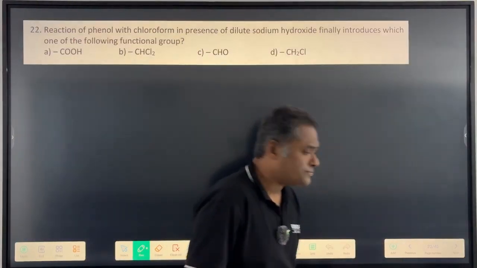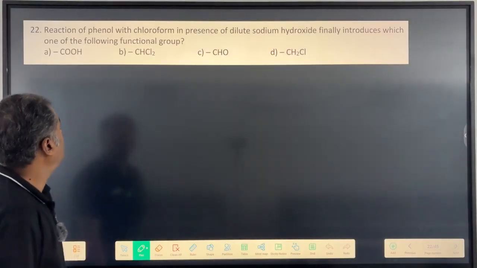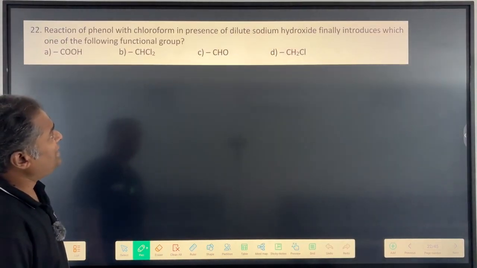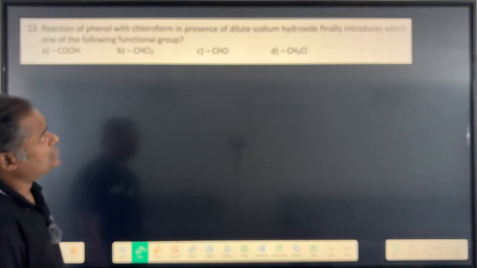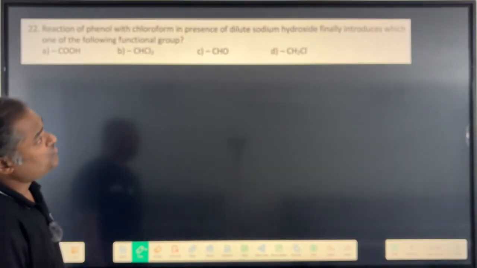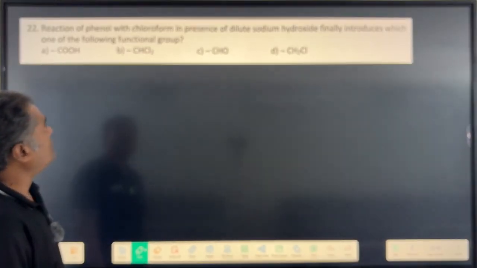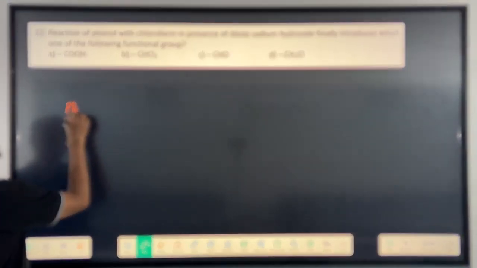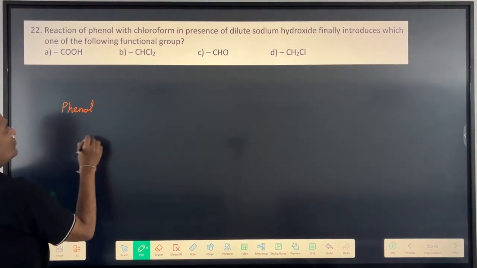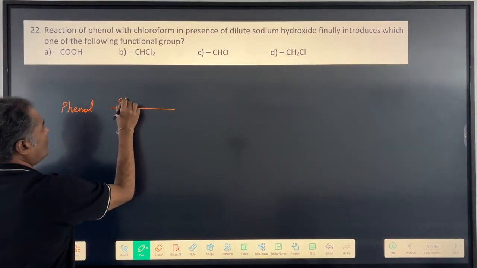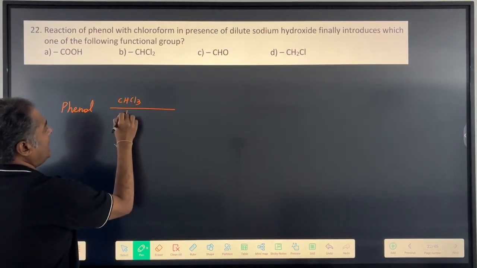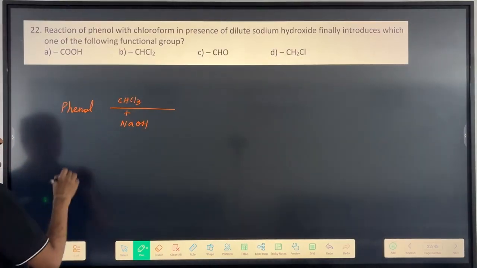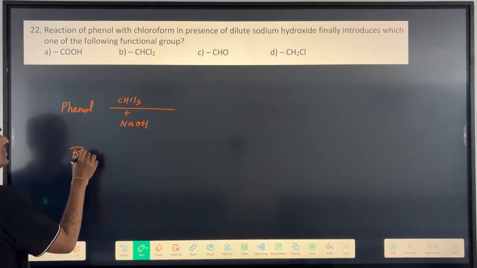What do you have on the screen? Now, the reaction of phenol with chloroform in presence of dilute sodium hydroxide finally introduces which one of the following functional groups? Now, basically when phenol reacts with chloroform and NaOH, correct? I think this reaction we have studied is called the